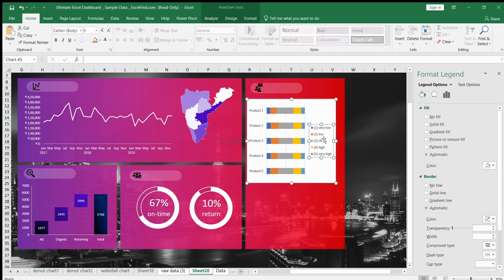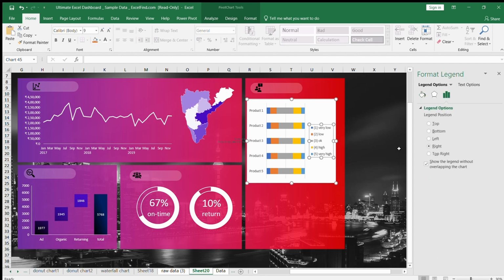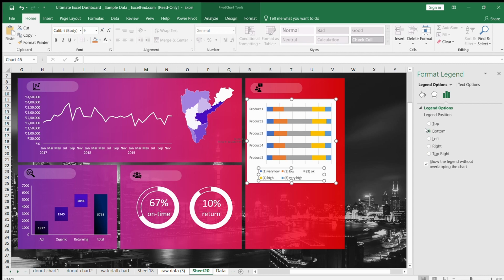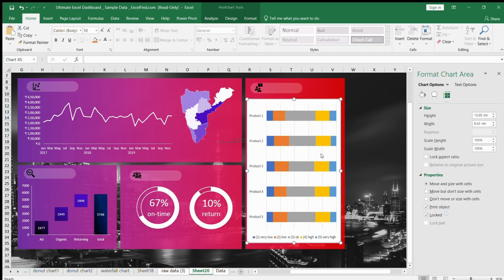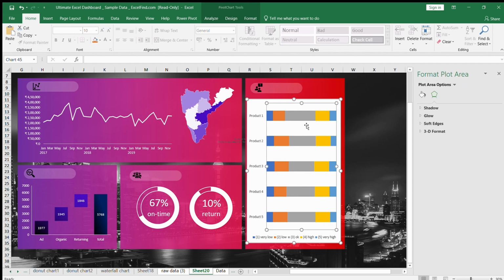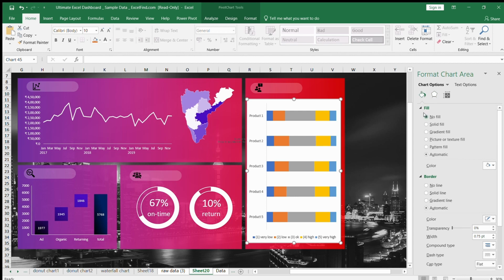So now let's format this, make sure it goes to the bottom, extend it. We don't need these lines, so let's take them, and just like before, we will do it with no fill,